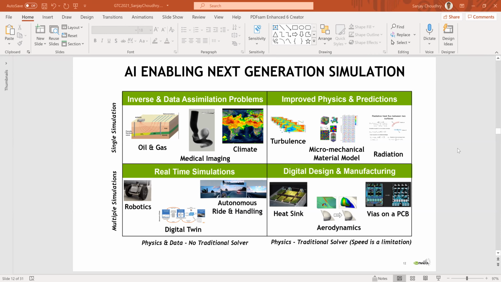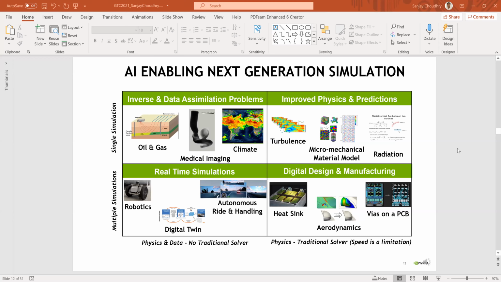So coming to the inverse and data simulation problems, whether you have FWI, full wave inversion using acoustics for oil and gas, where you're trying to detect the oil and gas deposits or different kind of deposits in the ground, and based on the signature of the wave at the seismometer, basically you can figure out exactly what exists under the ground, or whether it's medical imaging where you have the flow field visualization, but from that you calculate the actual velocities and pressures, etc., to calculate the wall stresses, etc., or climate,